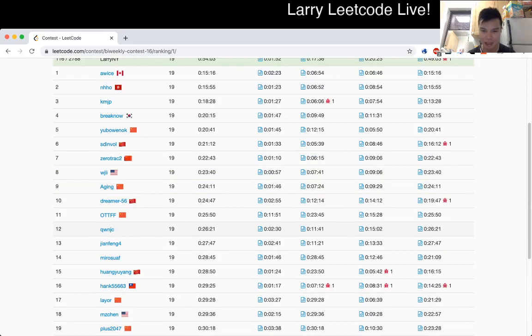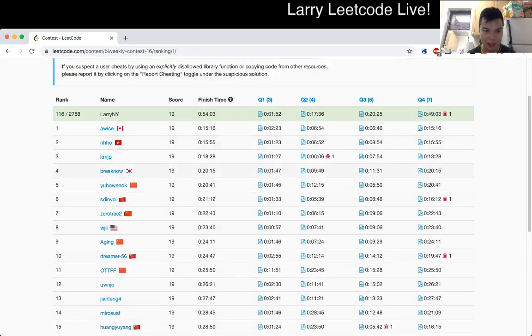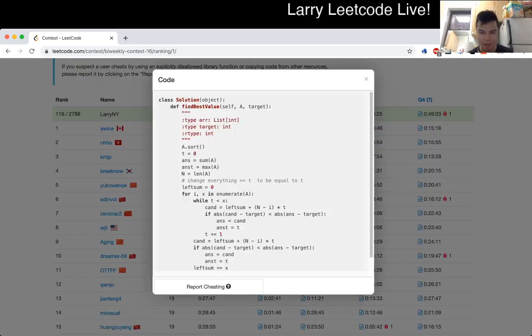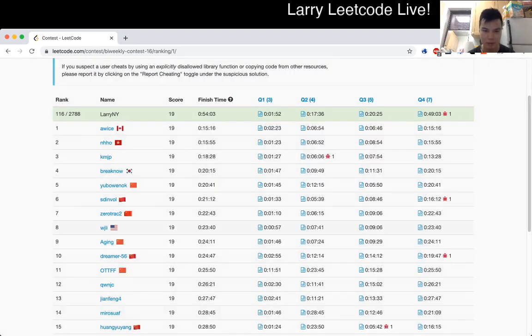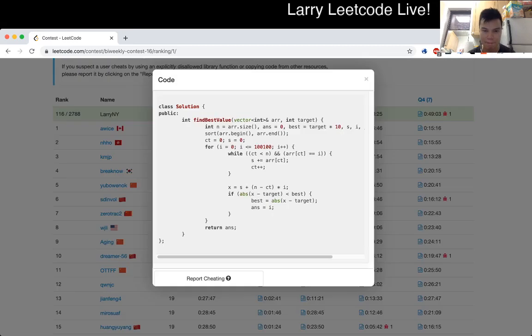Cool. And then the second one is the Q one. Let's see what A Rice is doing. So the sum and the max. How to figure out that part? It's some kind of linear search bounded by... I have to think about this a little bit. Yeah, again, some linear search bounded by